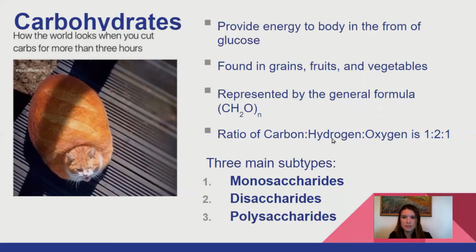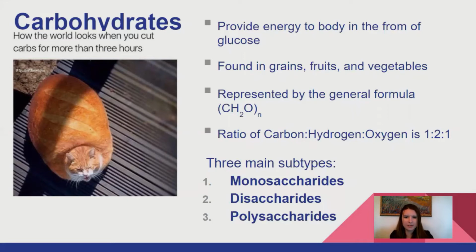So 1 to 2 to 1, carbon to hydrogen to oxygen. So that's just our recipe for a carbohydrate. So this n here just means you can multiply that by anything. So the actual number, for example, could be 2 to 4 to 2, 3 to 6 to 3, so long as it's that ratio. It doesn't matter how big the recipe is. Okay, so carbohydrate is going to be